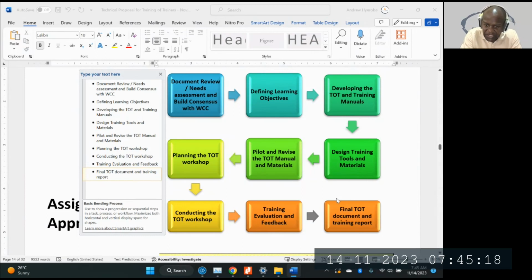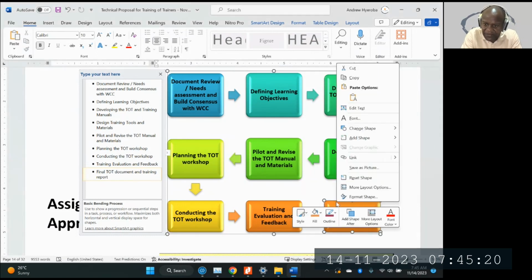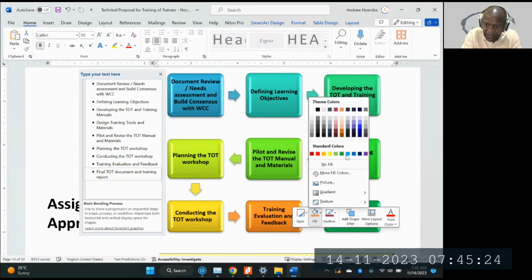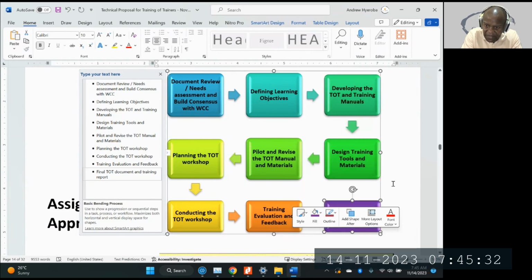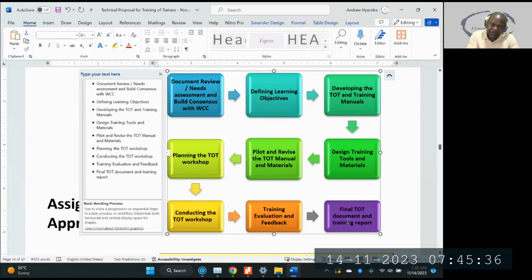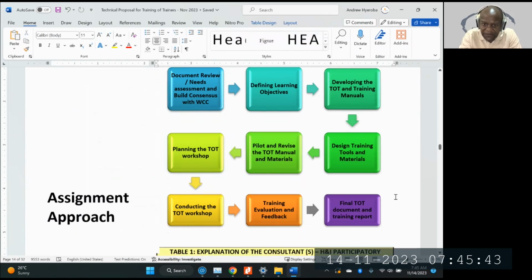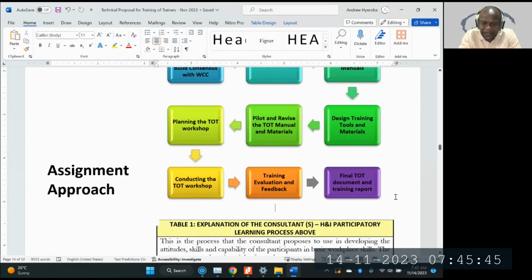Then I can change this color to something different. We've already got blue there, we've got dark blue. Let me give it a lavenderish purplish. Final TOT document. So this sequence of events is what we'll have as our assignment approach, and then from there the explanation of